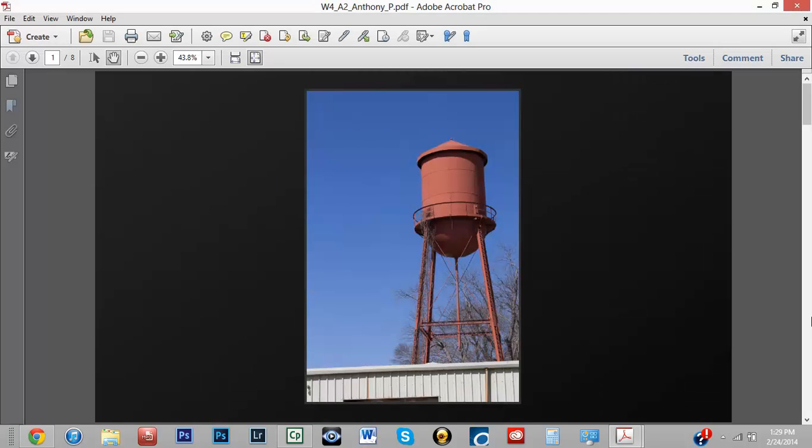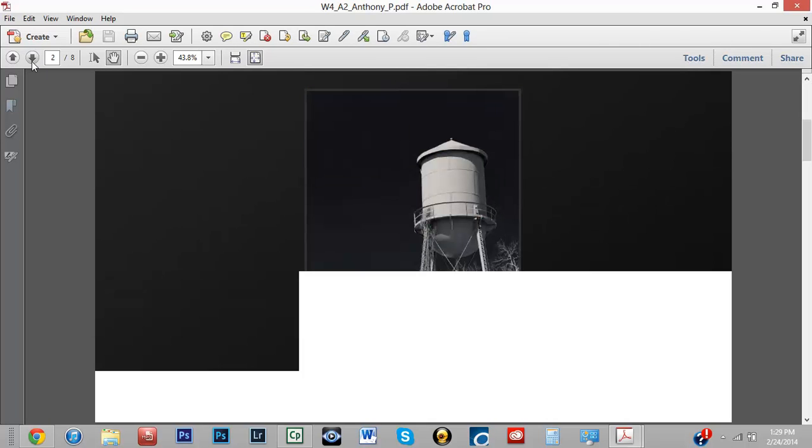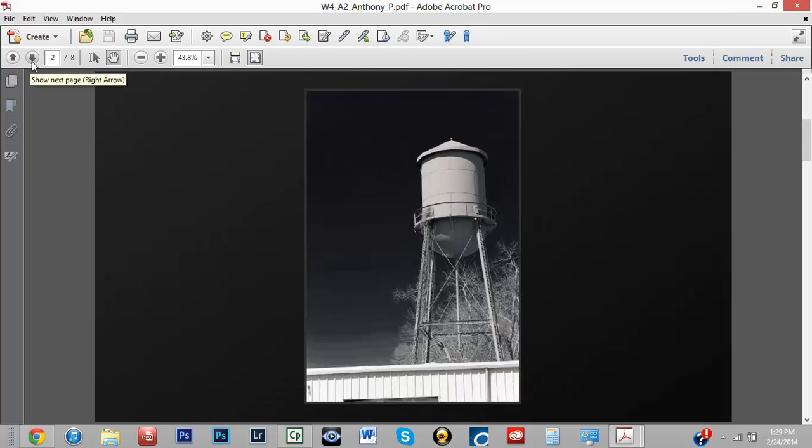Whatever. Just let it go through that step. It's going to keep coming up. So we have the water tower. Pop it down here, and the water tower in infrared. I feel like that's the infrared. I do like that. I like that effect a lot too, because again, it reminds me of, as I said